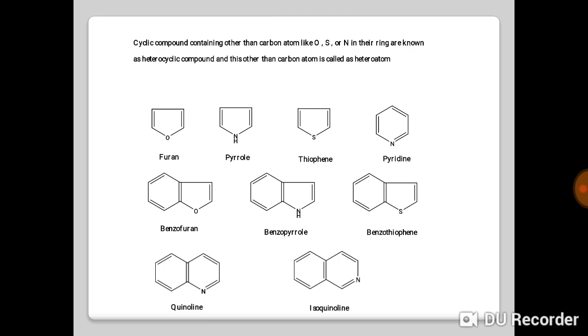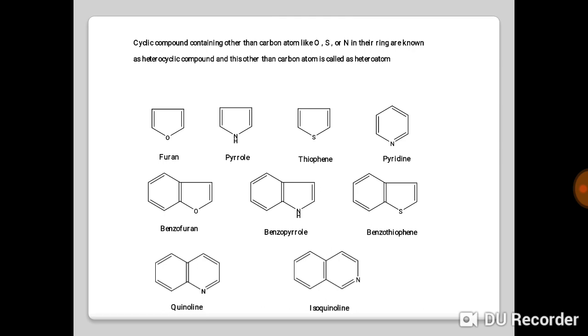When one or more nuclear carbons are replaced by a corresponding number of heteroatoms, the ring formed is termed a heterocyclic ring. A heteroatom is a polyvalent atom other than carbon found in a ring. The most commonly found heteroatoms, in order of priority, are oxygen, nitrogen, sulfur and phosphorus. A cyclic or ring compound containing one or more heteroatoms in its ring system is called a heterocyclic compound. Examples: pyrrole, furan, thiophene, pyridine, benzofuran, benzopyrrole, benzothiophene, quinoline, isoquinoline. So these are the examples of heterocyclic compounds, in which some are 5-membered, some are 6-membered, and some are condensed